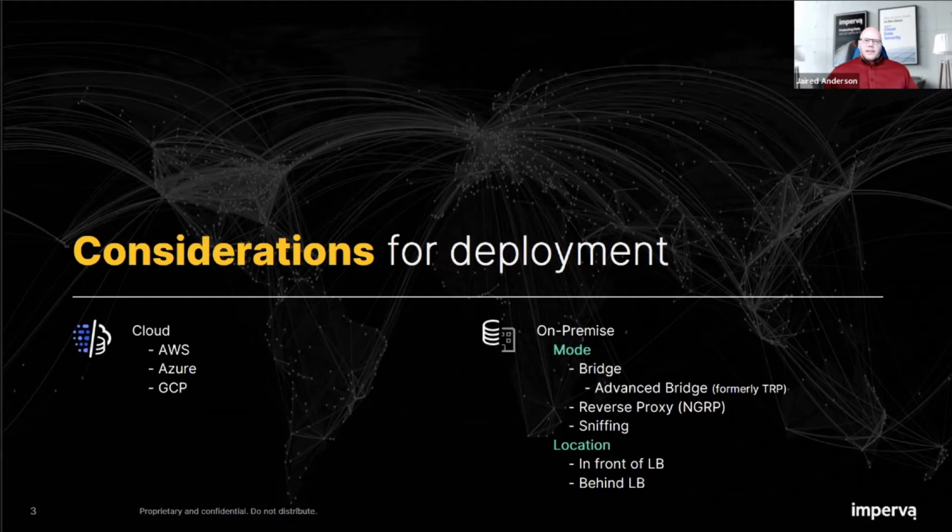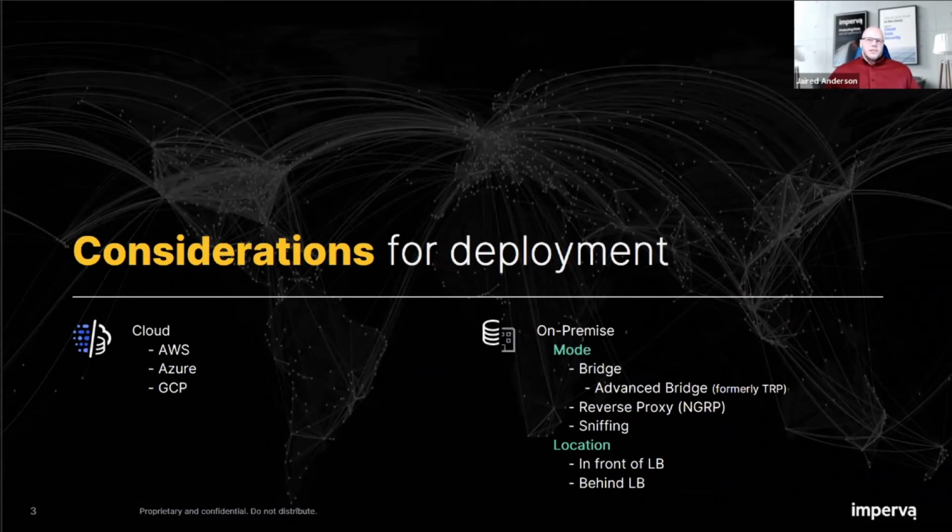When we talk about on-prem, you're going to have more to consider just due to the open nature of your on-prem environment. Cloud providers are generally fairly closed in what you're allowed to do and how you can deploy things, so you don't have quite as many options to consider. But when it comes to on-prem, if you're going to deploy WAF, there's a lot of things you have to think about before you even start, or you're not going to have a successful deployment.